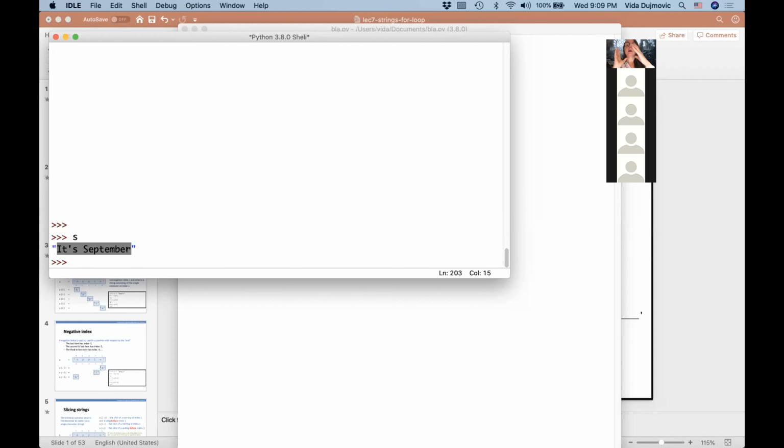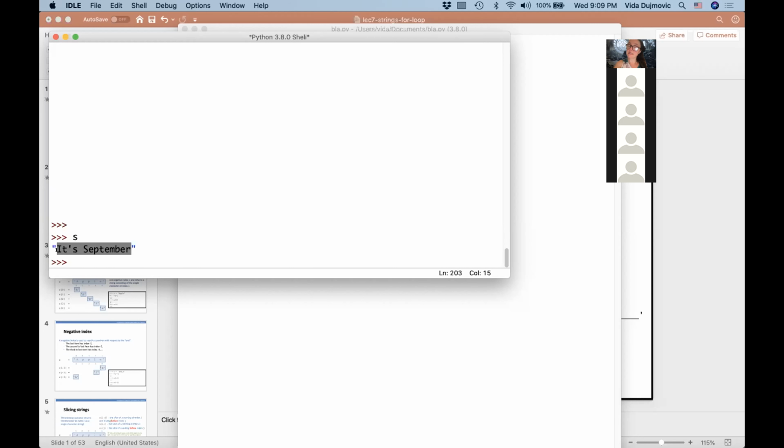So sets are unordered objects. We're going to see sets later on. Okay, so strings are sequences, and because it makes sense to ask what's the first character, second character, and so on, of course that is implemented so that you can ask, give me the first character, give me the second character.